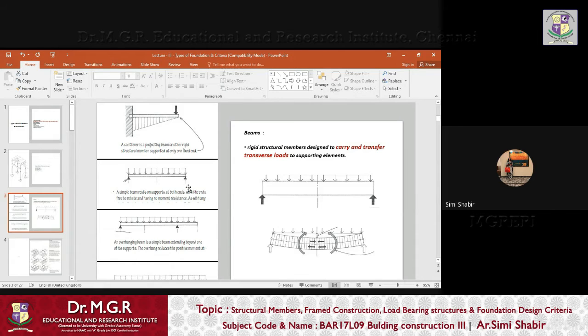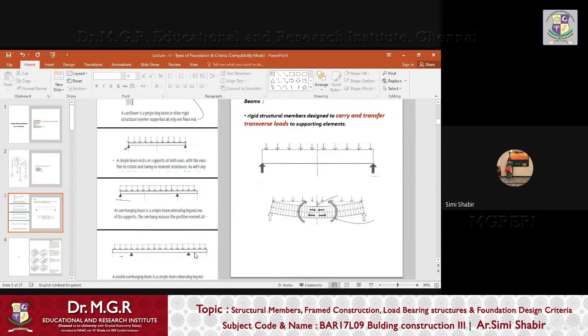So now just coming back to the different types of beams, we know we have a cantilever beam, a simple beam, and an overhanging beam. We already discussed what is a cantilever and a simple beam. An overhang beam is a simple beam that extends beyond one of the supports. For example, if you look at the simple beam with two supports at both the ends, and imagine the beam extends beyond this point or this point, that kind of beam we call an overhanging beam.